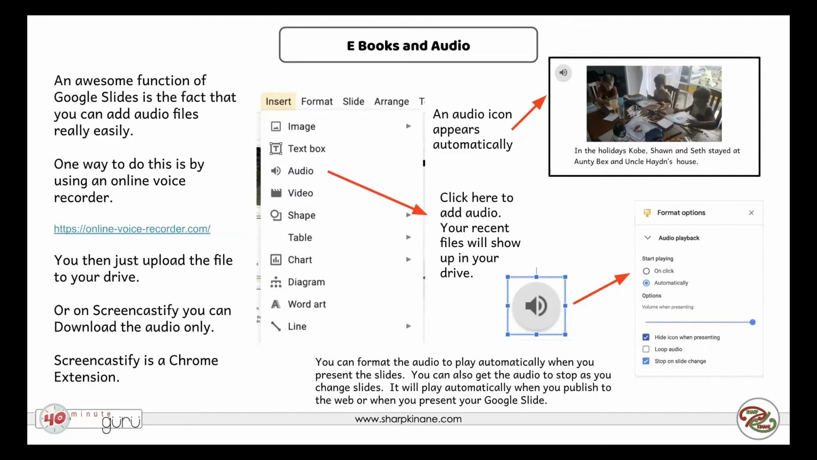Now, the cool thing about adding audio is that it automatically adds a little audio icon onto your Google slide, and you can see that in the picture on the right. And if you click on that and highlight it with the blue lines around it, you can then actually format that as well. So you can format the audio to play instantly as soon as you present it, and you can also get the audio to stop playing when you change the slides. So if a student wants to flick quickly through a book, it's not going to play the audio in the wrong order. So that's an awesome aspect of